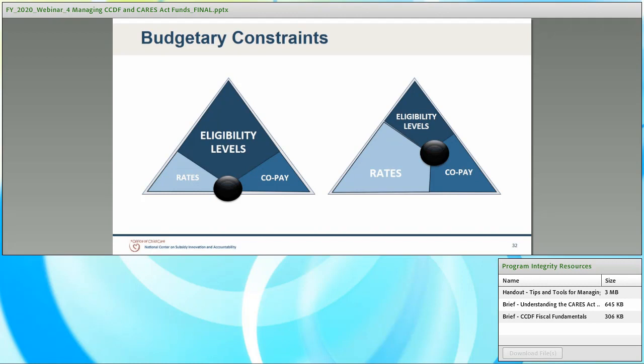You may need to consider adjustments to these other areas, such as reducing your reimbursement rates to make room for the additional families that you'd serve with your eligibility levels. On the right-hand side, you can see in this example, you'd be increasing your reimbursement rate. So for example, if you wanted to provide an enhanced rate to providers, which I know a lot of states